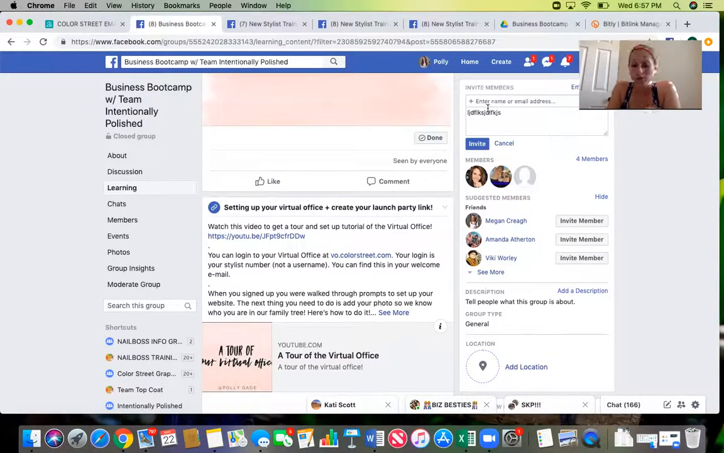Sorry, tip here. Write your message first, then enter the name, and then press invite. If you just write a name and press enter at all, it just automatically invites them without the message. So make sure that you type the message first, then put the name, and then press invite. But anyway, what happens is once you do that,